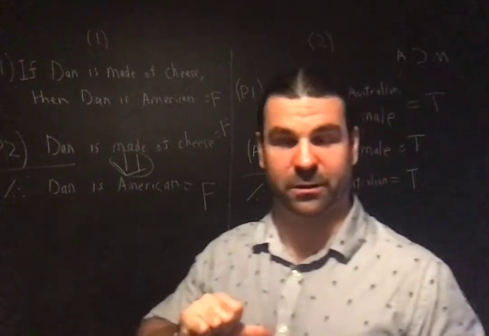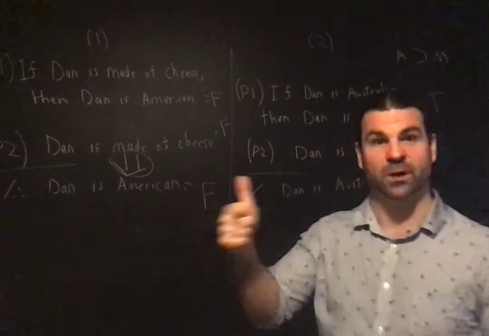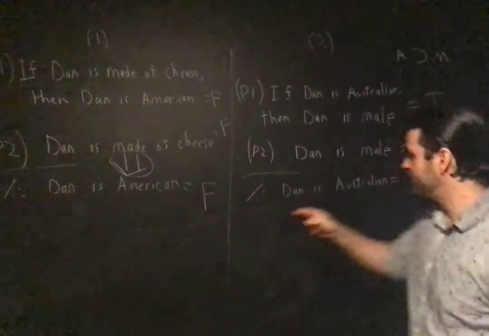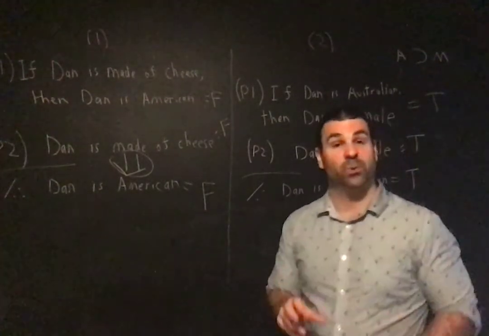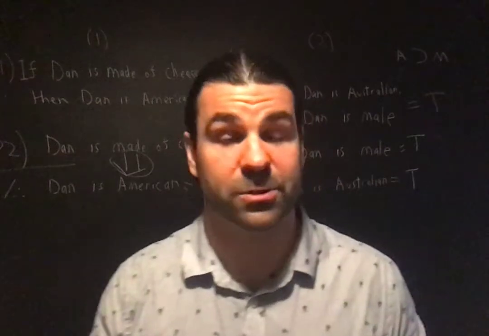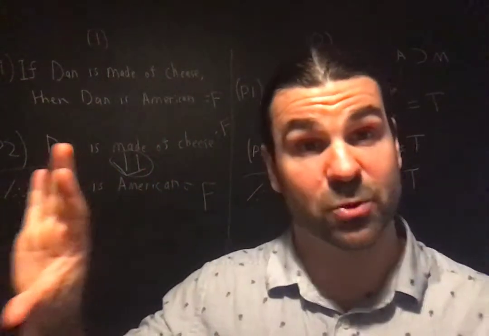I'm American, but if I was Australian, I'd be a male. True. I am a male, yes. Therefore, Dan is Australian. No, that would be false in this world. So there we would have an assignment of truth values to the sentences where the premises are all true and